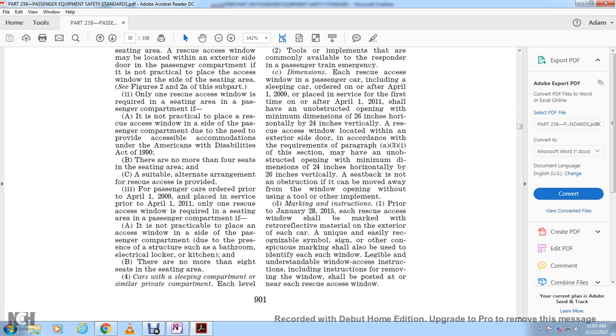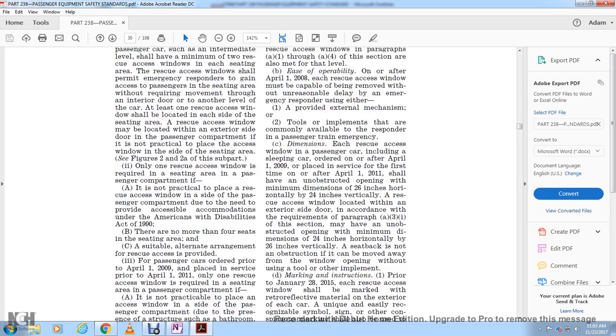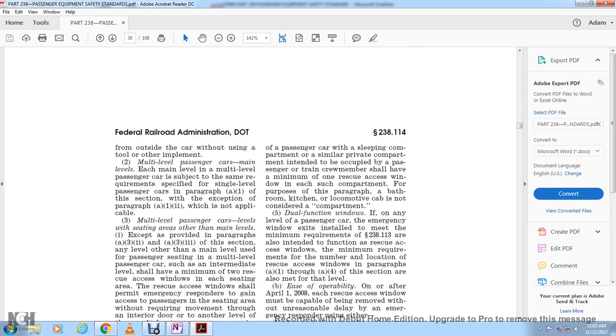Cars with a sleeping area, compartment, or similar private compartment: each passenger car with a sleeping compartment or similar compartment that is occupied by a passenger, train crew, or shop personnel shall be provided with a minimum of 1 rescue access window in each such compartment. For the purpose of this paragraph, the bathroom, kitchen, and locomotive cab are not considered compartments. Dual function windows: if any of the locomotive level passenger emergency windows installed to meet the minimum requirements of 238.113 are intended to function as rescue access windows,